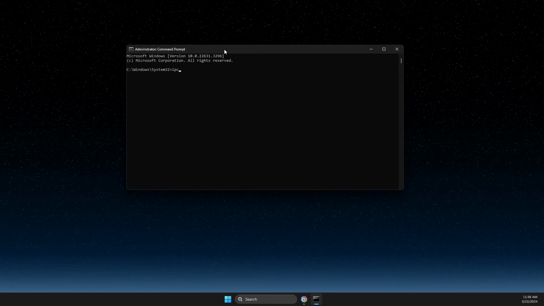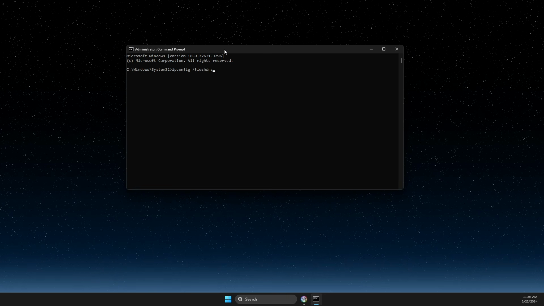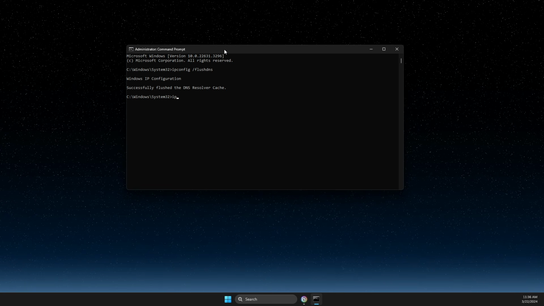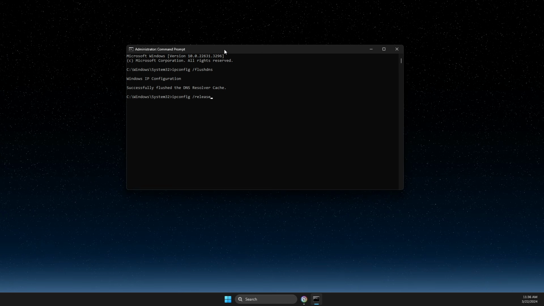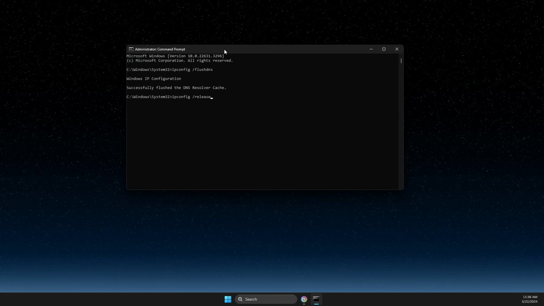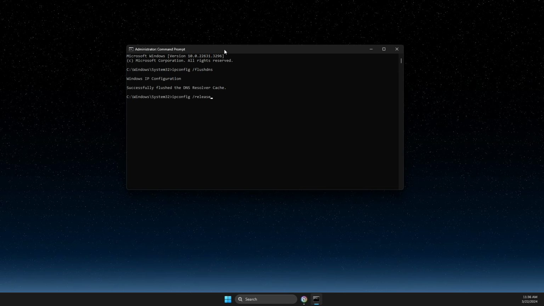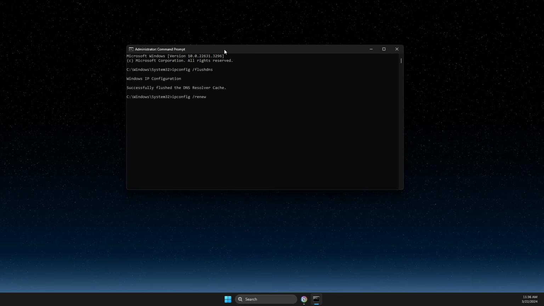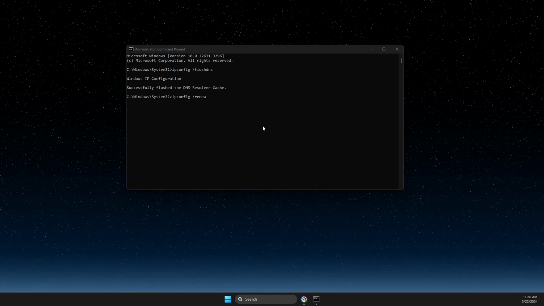So the first one is ipconfig /flushdns. And then another command is ipconfig /release. I'm not gonna press enter because it will show my IP, but you just need to write ipconfig /release, and after you do so, then you need to write ipconfig /renew. And after that, the last command that you need to put is